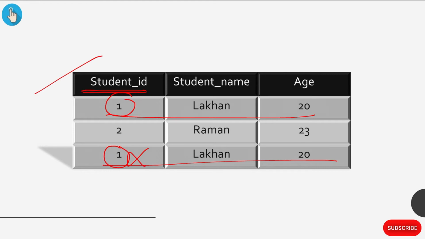So this row level duplicacy is removed with the help of the primary key if we allot a primary key to a particular column. What a primary key is, I have already covered in my previous video, so you can go there and check. So we have cleared the row level duplicacy.